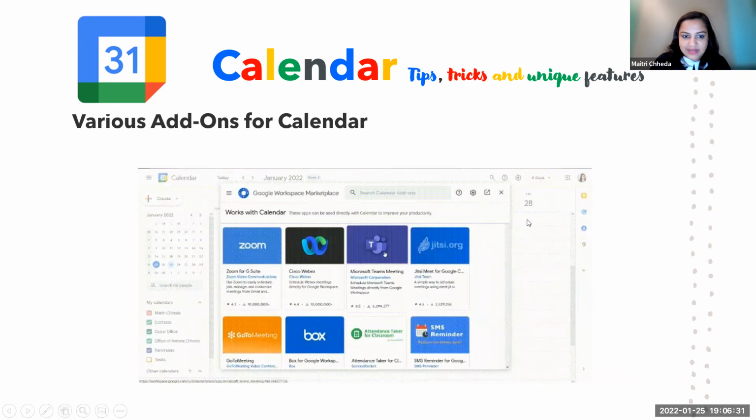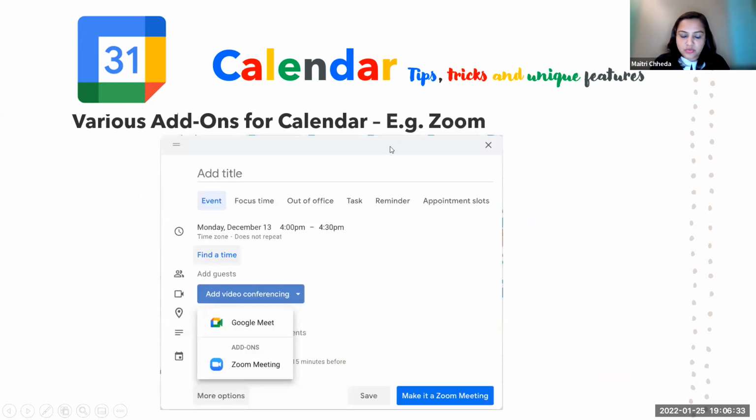Okay, so one example of this add-on would be Zoom. When you're creating an event, see over here, as I was talking about, appointment slot, focus time, all these will appear when you have a paid version of calendar. So you have a Zoom add-on. Otherwise, in your normal version, if you have to add a conferencing link, you only have Google Meet option.